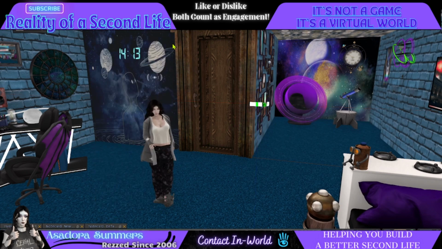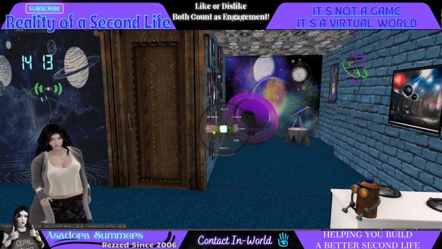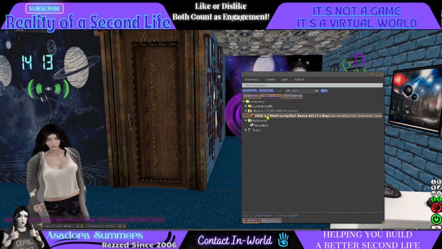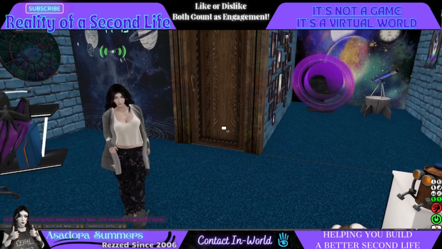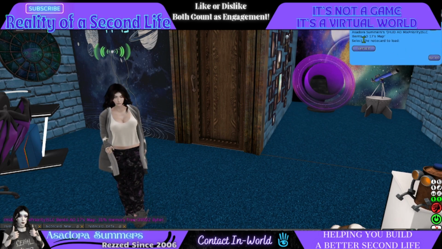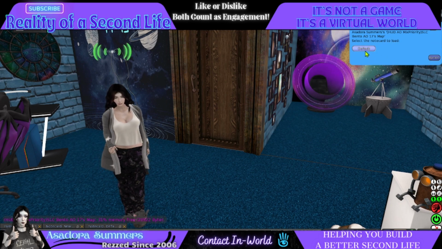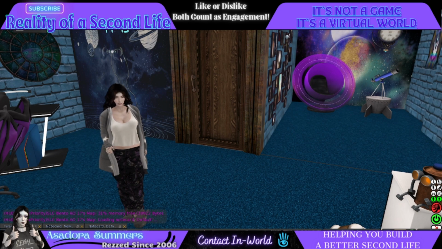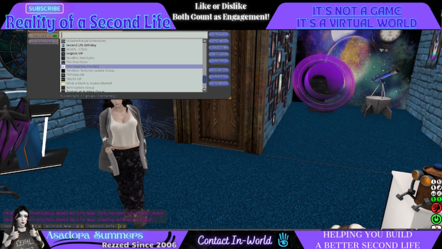And then once that is done, you take your AO, go to your inventory, and add it, and you see that it'll pop up here on the screen. And there's a little icon that looks like a floppy disk right here on the AO screen. You want to hit that, and then it'll ask you to select the note card to load. In this particular AO, there's only one. It's the default note card, which you've adjusted. You want to reload that note card. You hit the button, you look in local chat,